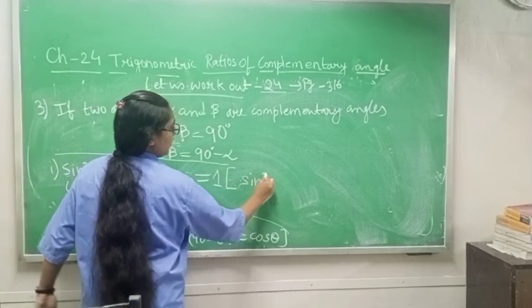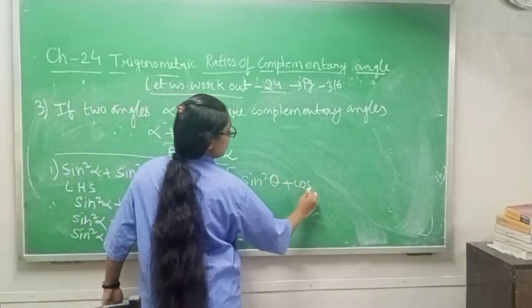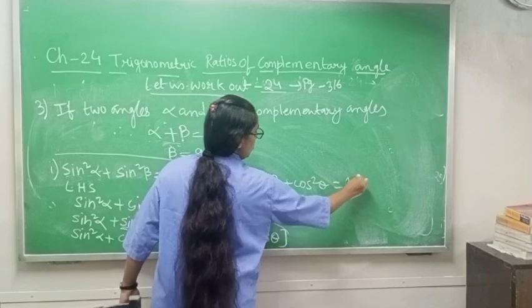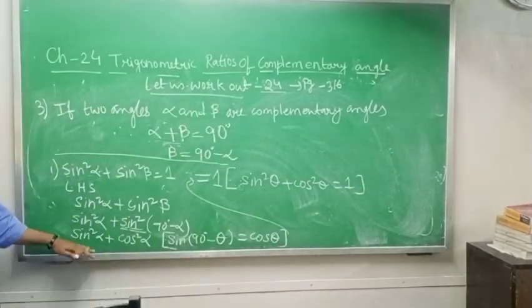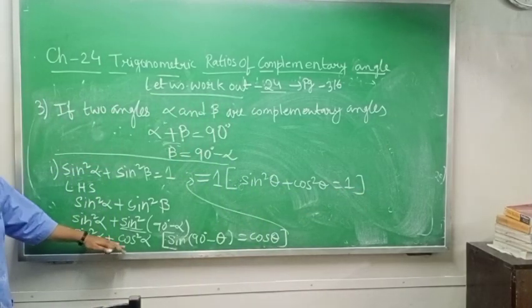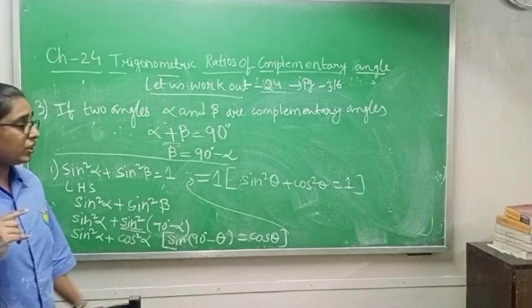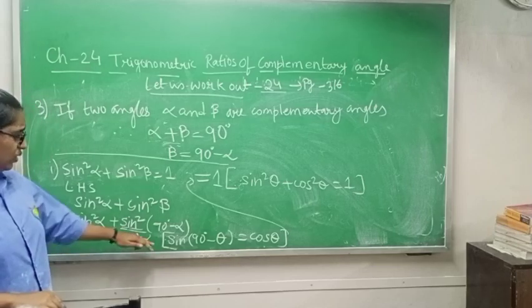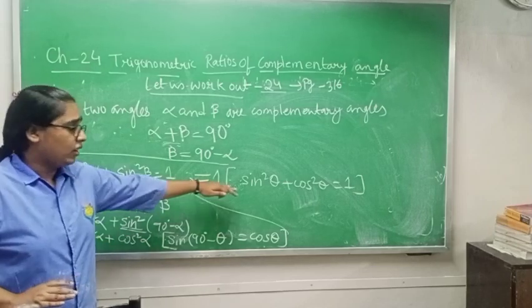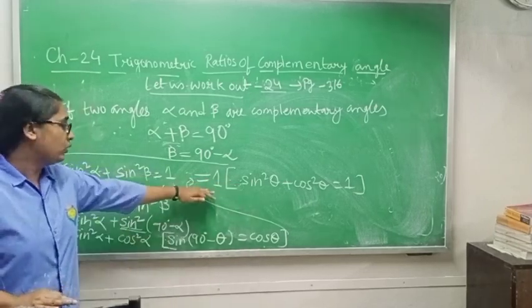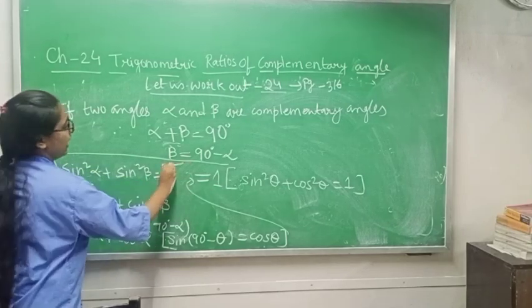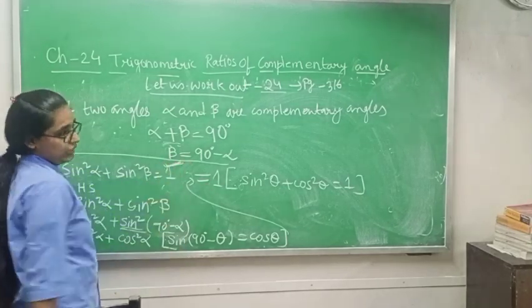Since sin square theta plus cos square theta equals 1, you will give this reason because you know that sin square theta plus cos square theta is 1. From where? From chapter 23, you have done already. So in this place I am writing 1 and I am giving the reason also. Now see, in RHS also you have 1, and in LHS you are getting 1.